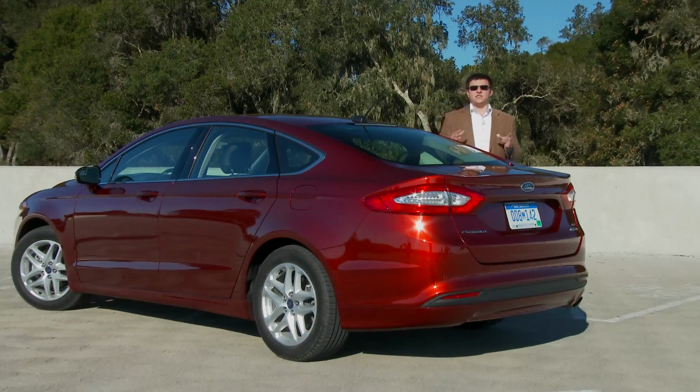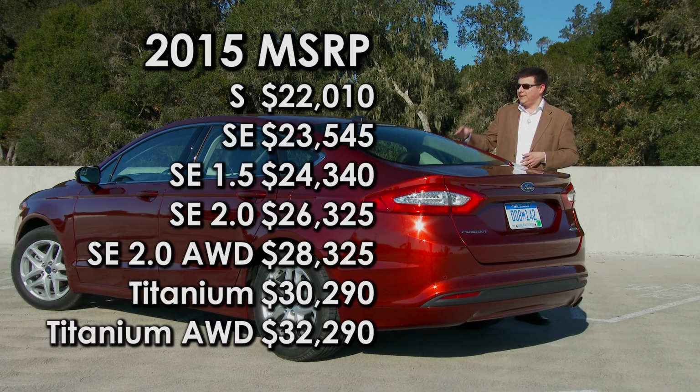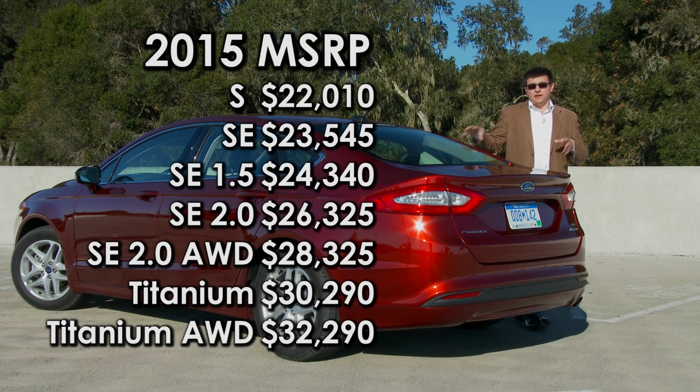If you add all those options on a 2-liter turbocharged version of the SE model, you'll end up at $32,445, which is a little bit higher than many of the options in this segment end. $30,000 is about as expensive as many of the mid-size sedans in America get unless you're taking a look at the hybrid versions. Oddly enough, $30,000 is right where the Titanium model of the Fusion starts,